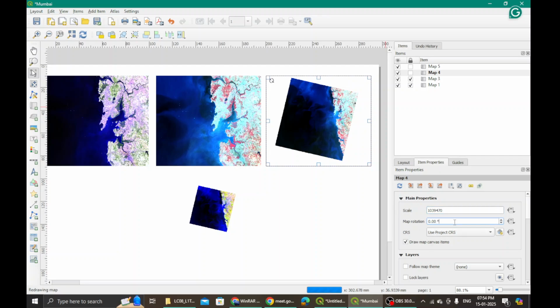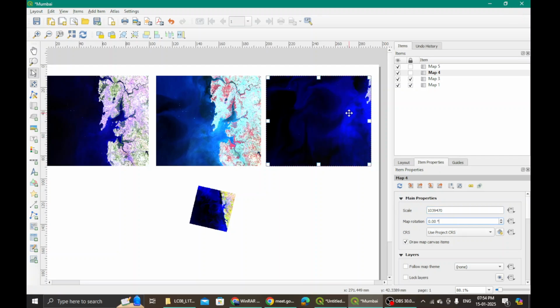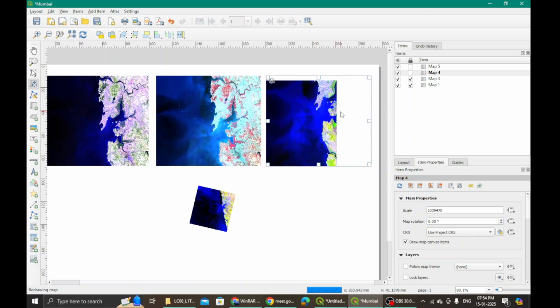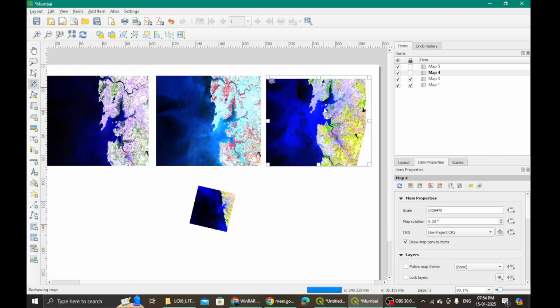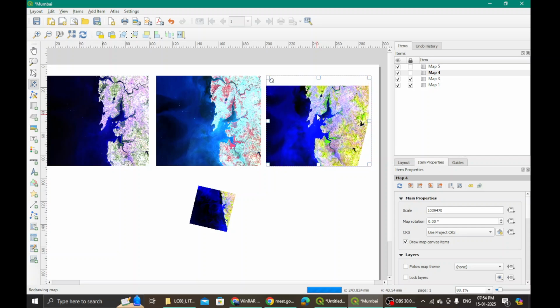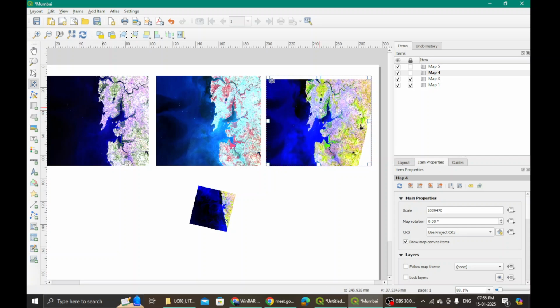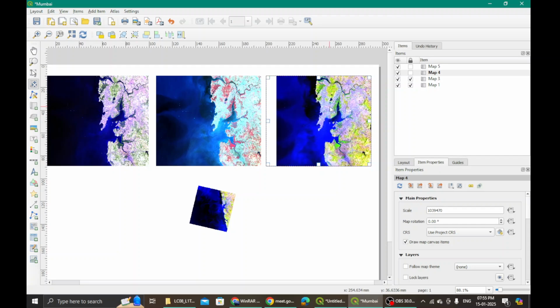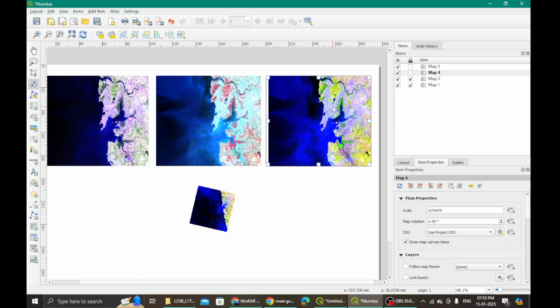103,947. Okay, it has changed. So what do? Because that change doesn't become applicable right away. That is what is happening. So you have to do some changes, click somewhere else, so that the change becomes applicable to that layer. You will face this problem. It's just a routine problem in QGIS.